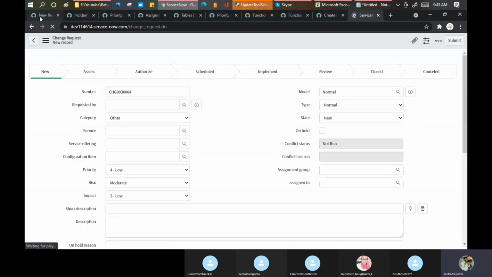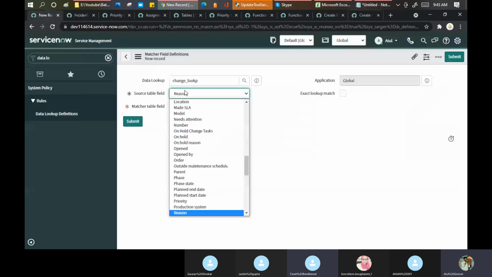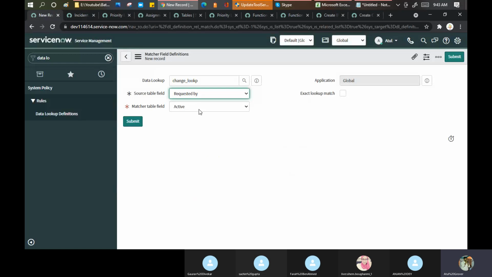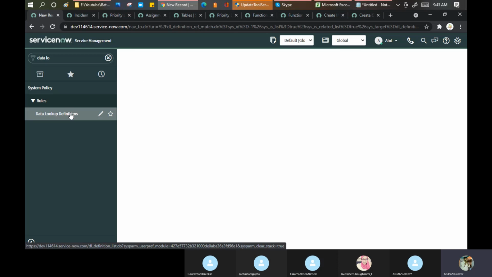Okay, requested by. I said requested by should be mapped to my user column. Submit. Okay, and only one I can match because in my definition I have only one field.